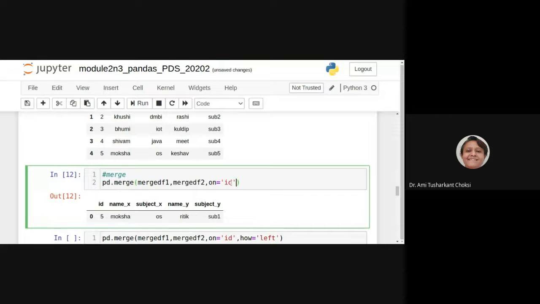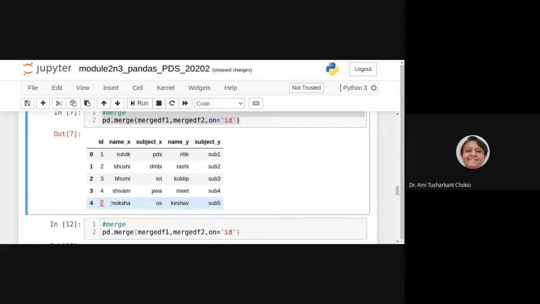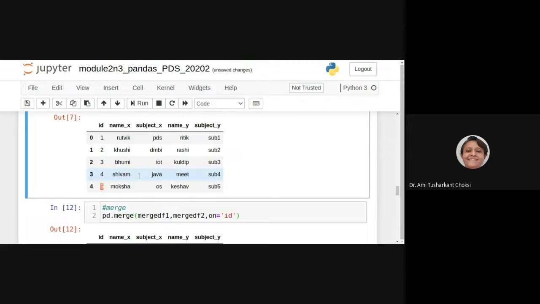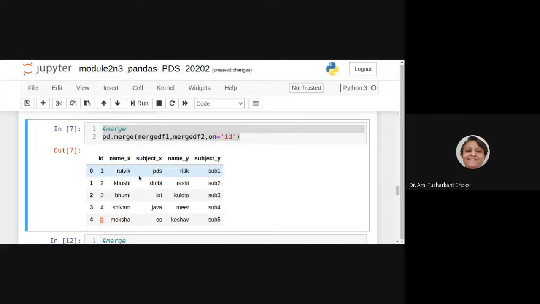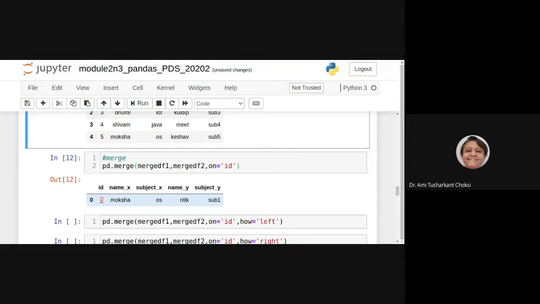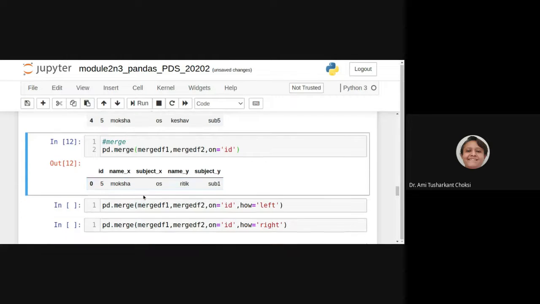Only the fifth ID is common between the merge df1 and merge df2, so it merges for this common ID, and shows whatever the values of df1 and df2 are for name and subject. Got the point? Okay.